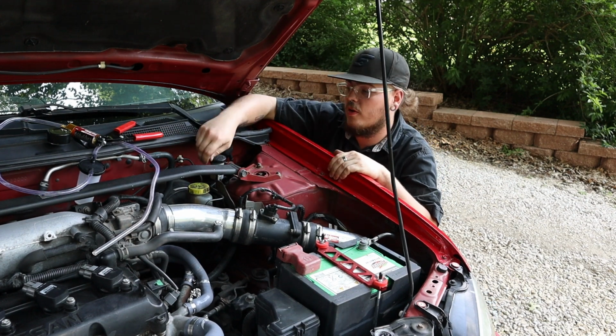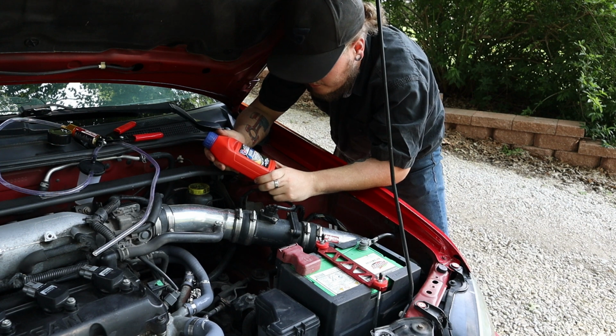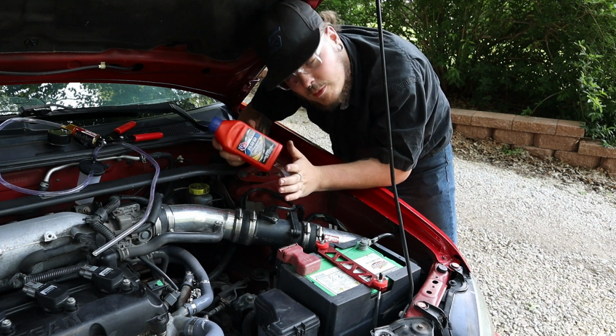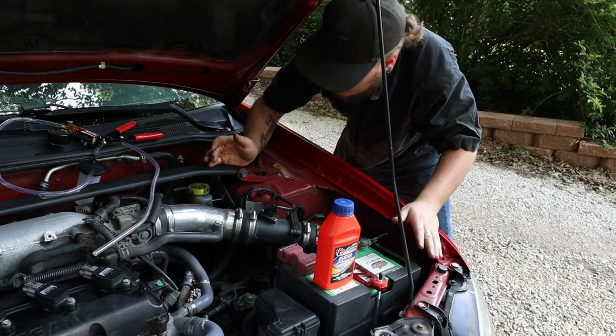So today we're going to be changing out the clutch fluid and replacing it with VP Racing's 622 full synthetic .4 brake fluid. Now I know that sounds a little weird, clutch fluid, brake fluid. Some of you may not know, it's the same fluid, just a different reservoir. So